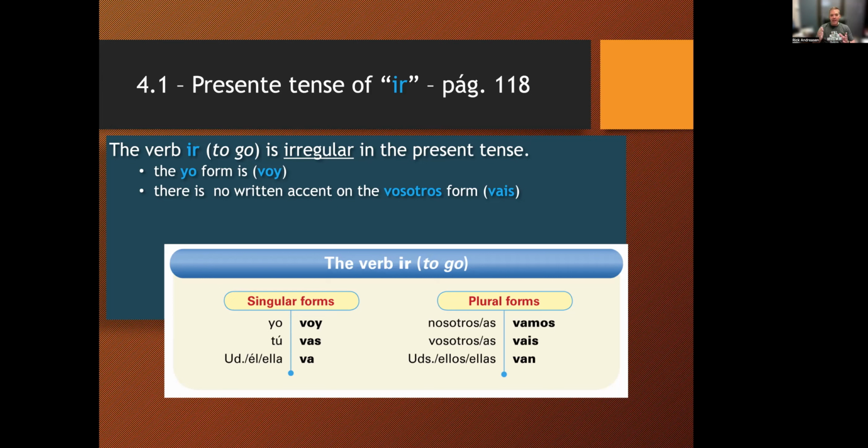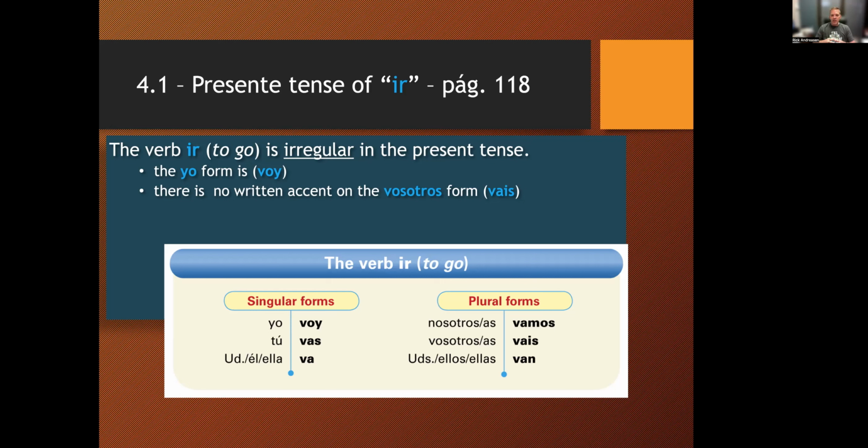And so if you take off the IR ending, you're left with nada, with nothing. So instead of just adding O, we put a V in front of it, and then we add the endings that are typical for an AR verb. So that's why it is irregular. The yo form, instead of having just an O, vo, doesn't really work. So we added a Y, just like with ser, we say soy. With ir, we say voy.